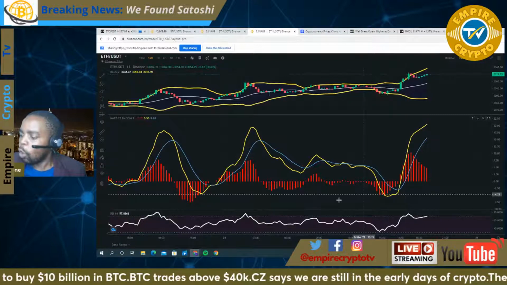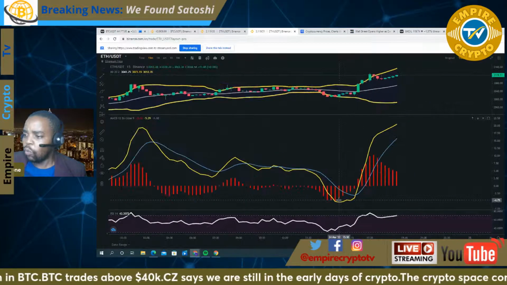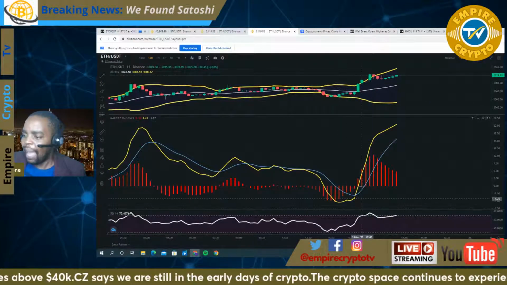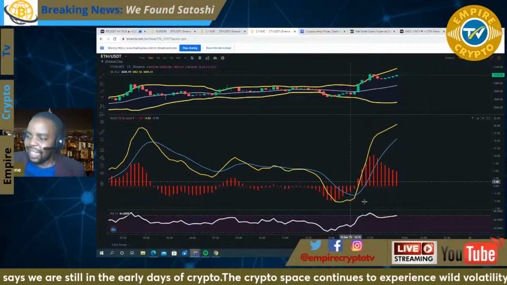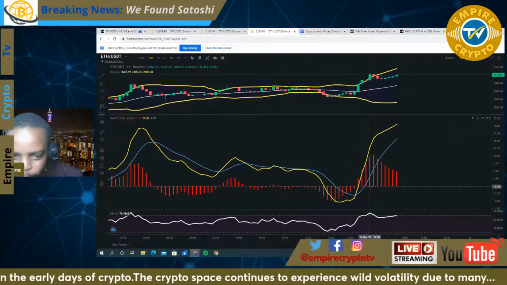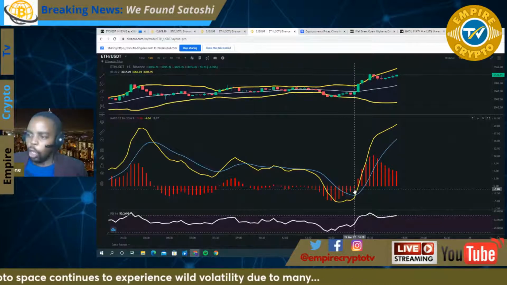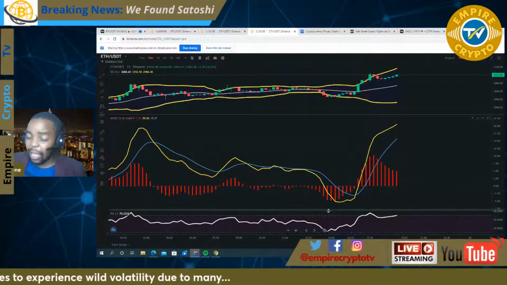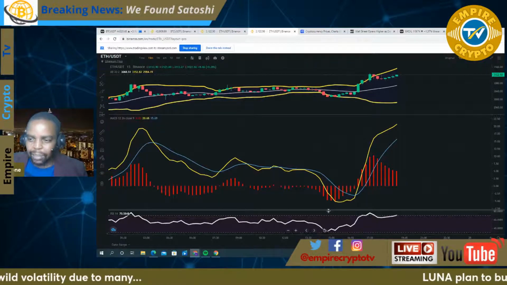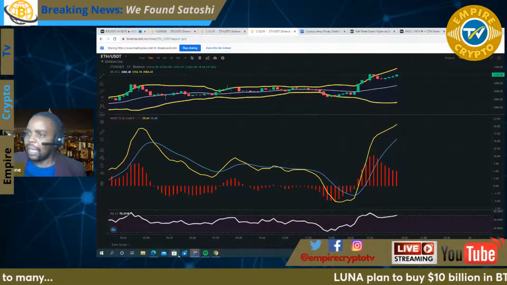Now, what they said about the crossovers, when the crossover happens, it shows that there is a strong sign that the market or the trend itself will change from bullish to bearish or from bearish to bullish. Right there, this is a cross. I've spoken about crossovers plenty of times, okay? But let us just carry on.